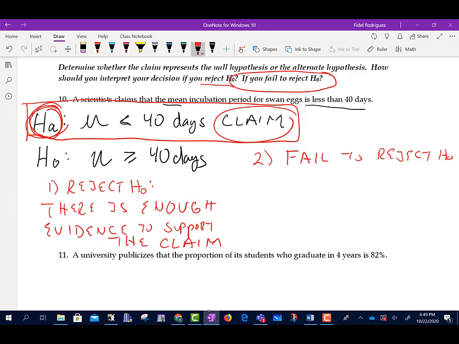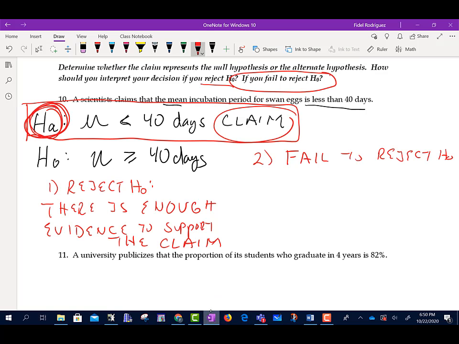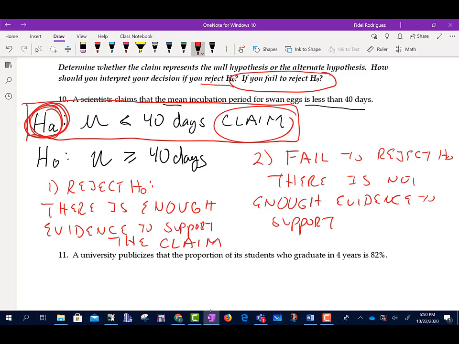Remember, my claim is the alternate. If I fail to reject, then I'm going to say there is not enough evidence to support the claim. And all I'm doing here, guys, is just trying to figure out which